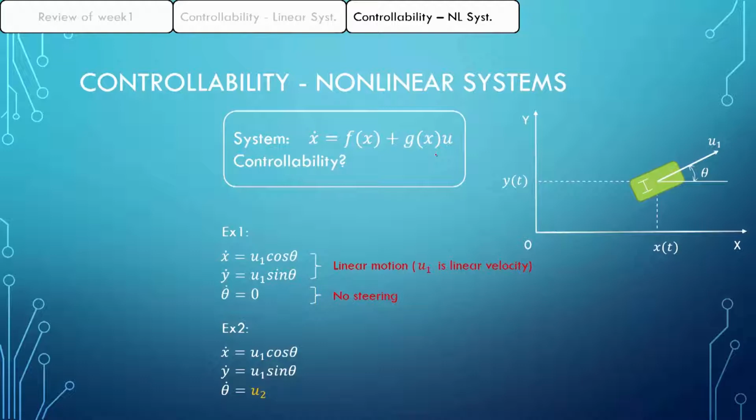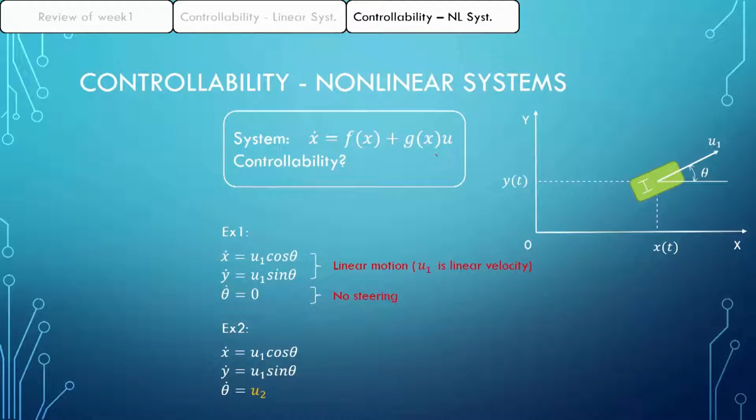So this u1 is the linear velocity of this vehicle. So you can control the linear velocity moving forward. You can control the speed. But the angular velocity of this vehicle is not controllable for the first example. But in the second example you can steer the vehicle. Understand? 就像第一个 case 就是说，你只能踩油门，你不能控制方向盘。第二个是你能踩油门，也能控制方向盘，能懂吗？